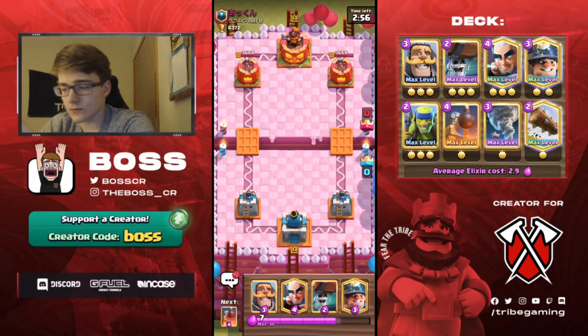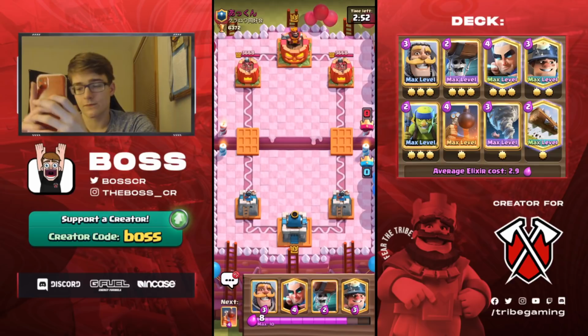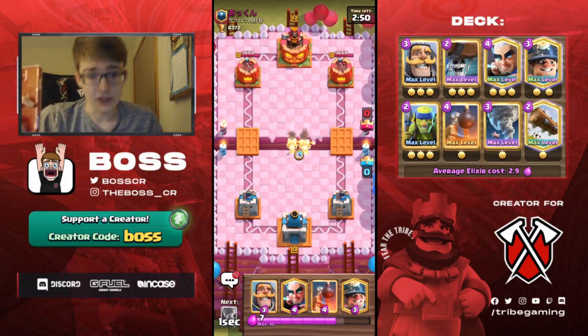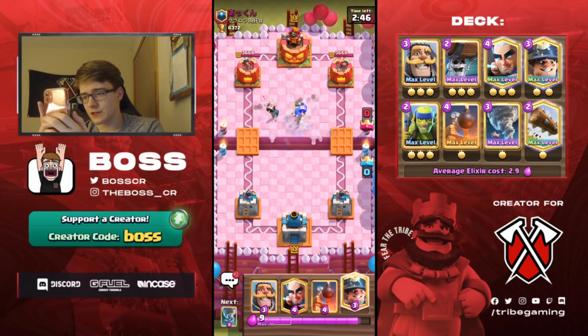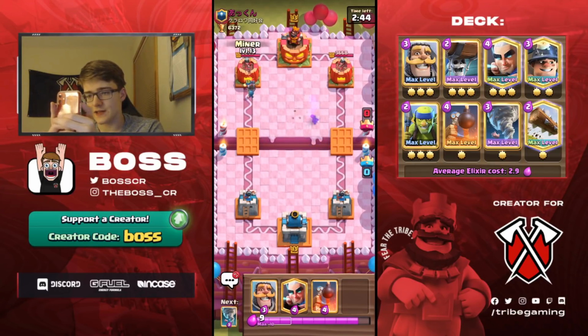Okay, here we go. So again, Wall Breakers in our starting hand. Perfect starting placement. We'll just do that. Force some pressure in both lanes. He's going to go for the Tornado, and he actually ends up...